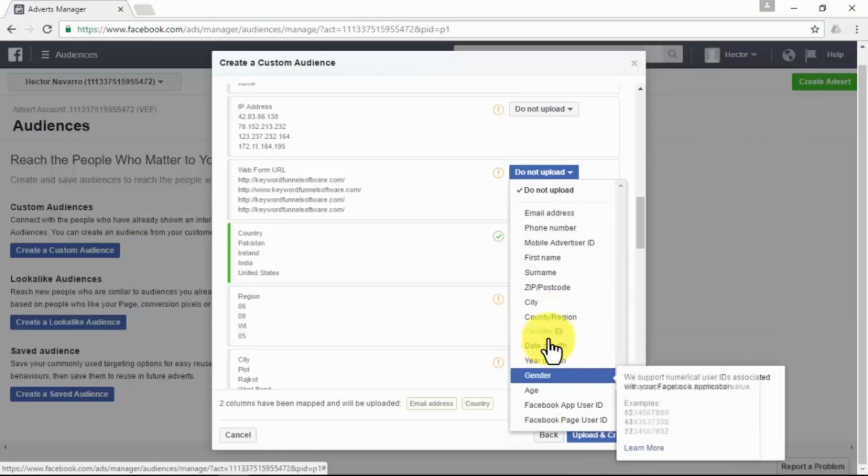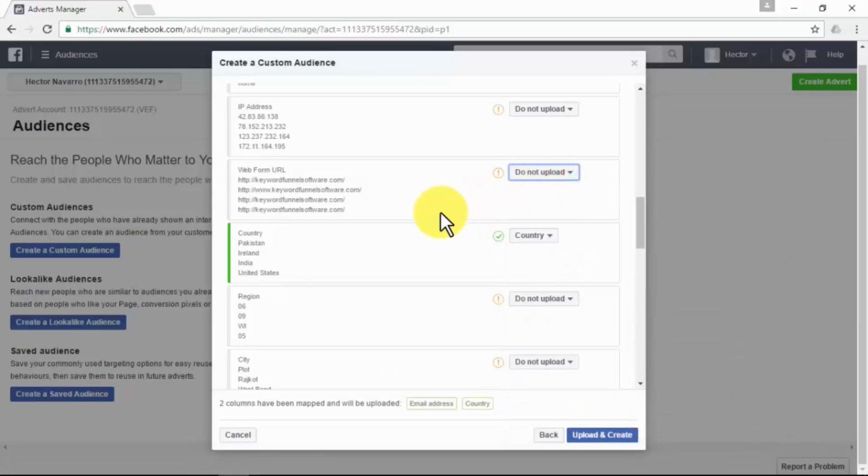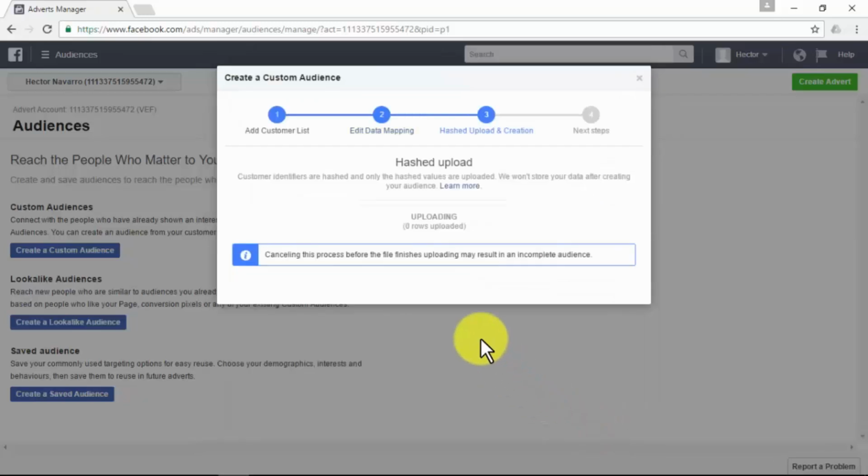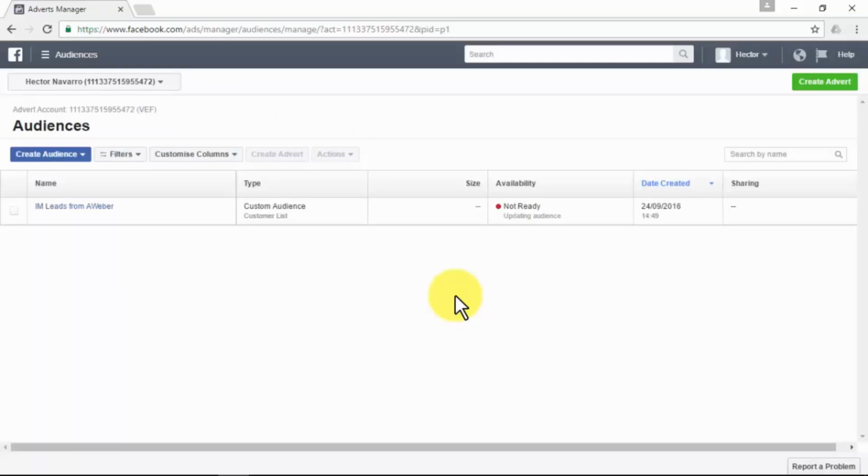Leave the ones that you want to exclude marked as Do Not Upload. Once you are done here, click on Upload and Create. The next step will be the hashed and upload creation, and that is done automatically by Facebook. Once that process is complete, you'll be taken back to your audience panel where you'll be able to see your